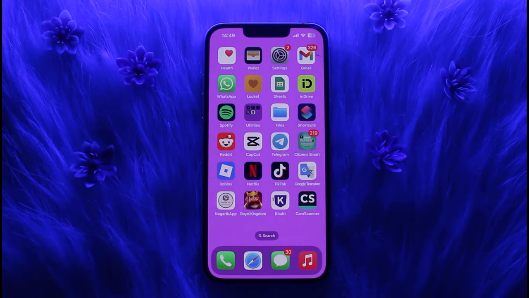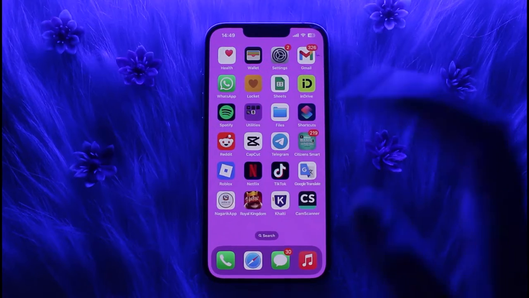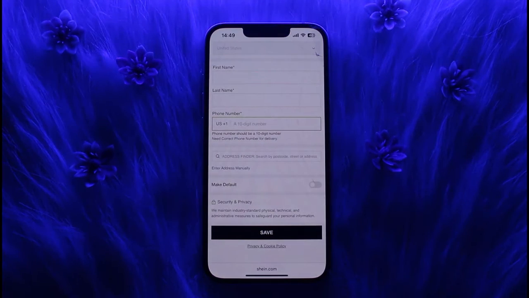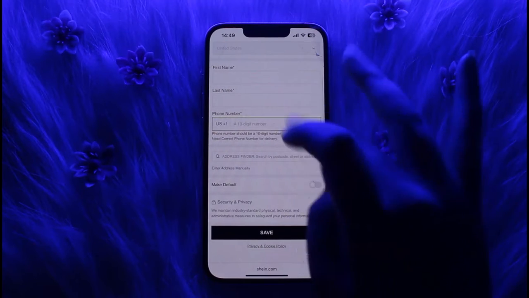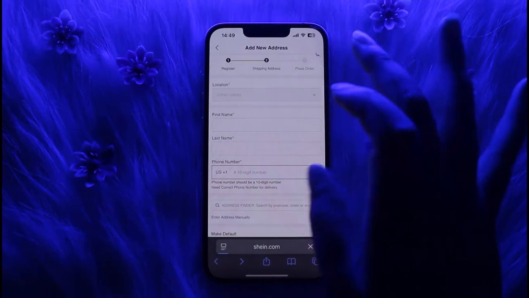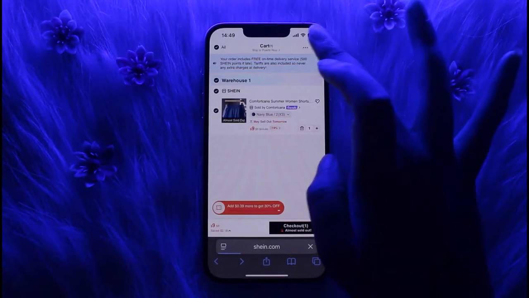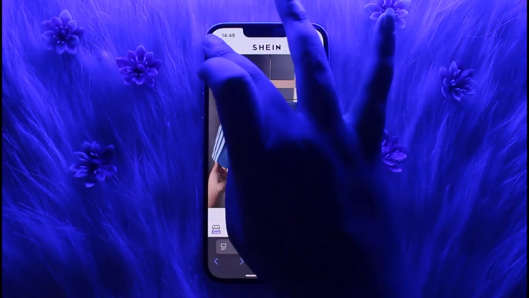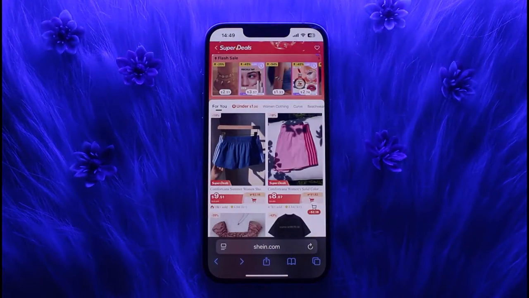Let's start. For that, first of all, go ahead and open up your browser so you can access Shein's official website, or you can access the app itself as well. Now what we're going to do is go back from this tab so I can show you the process. So when you're in the home section, you will be able to place an order, and